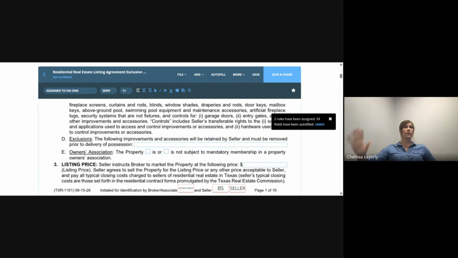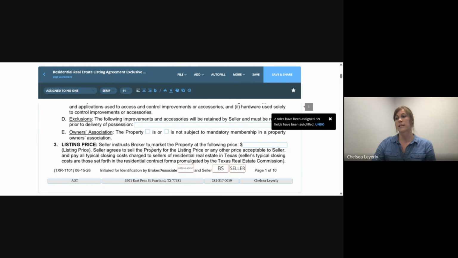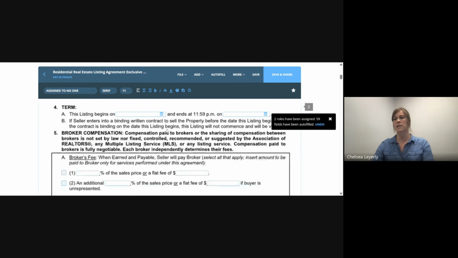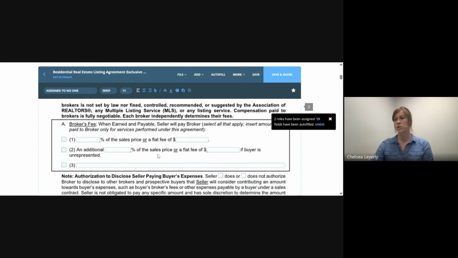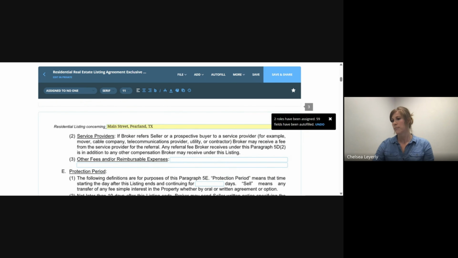Great. You can go in here, you can edit it, do whatever you need to do, and then send it off for signature. So you're going to fill in that information with the price, whether it is or is not in an HOA, all that good stuff. Listing dates, how much you guys are going to do for compensation. One thing I want you guys to note though, especially if you are on the team,